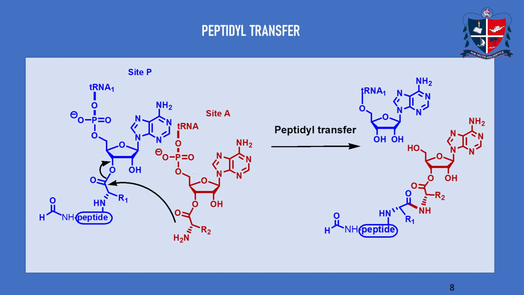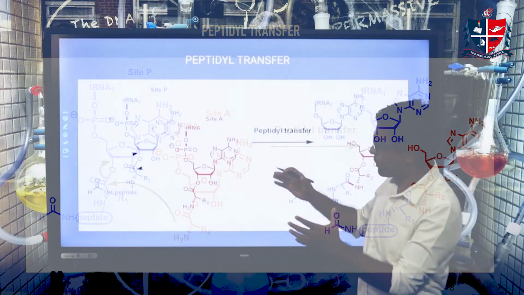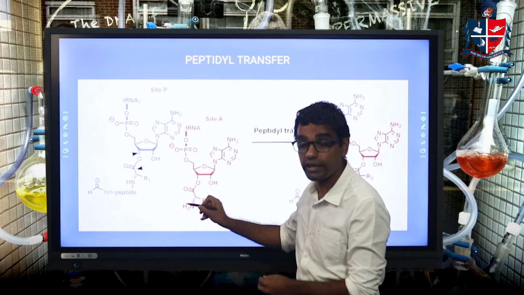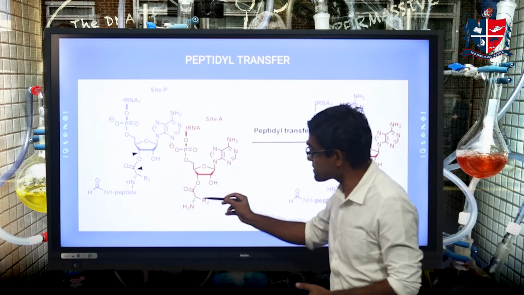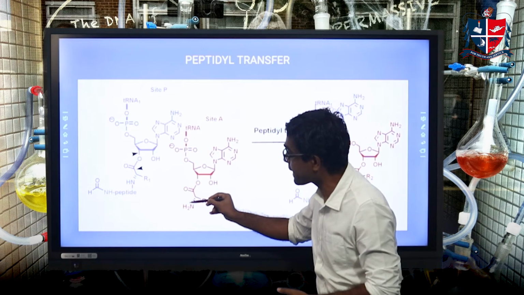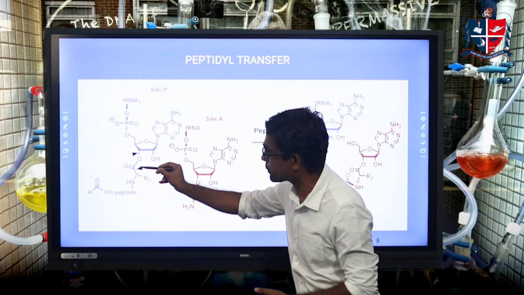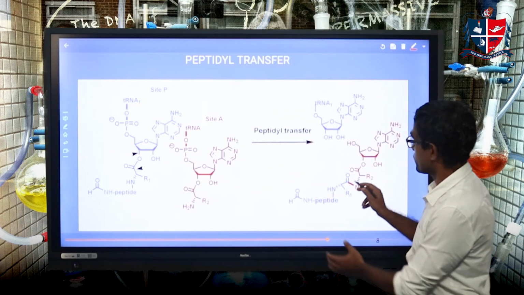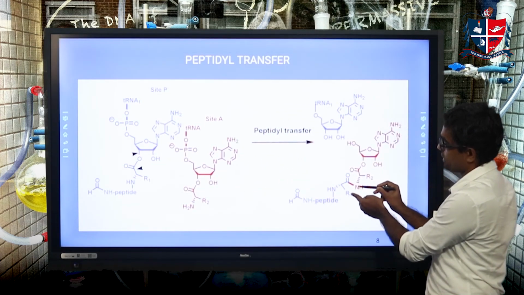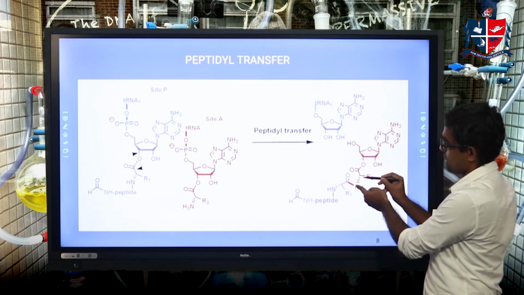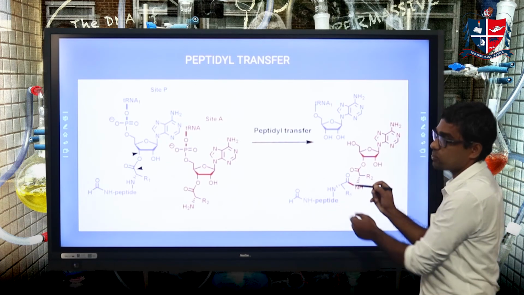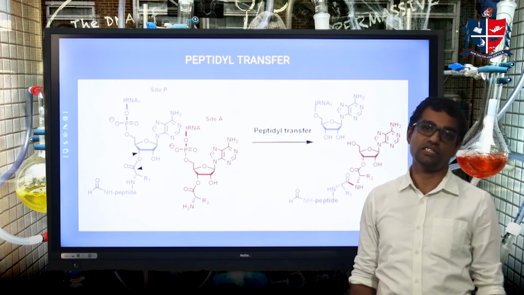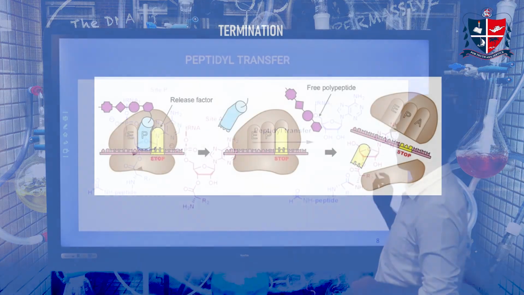So this is the chemical structure showing the peptidyl transfer reaction. This is the amino group of the aminoacyl tRNA. This amino group, the lone pair of nitrogen, attacks this carbonyl carbon so that this bond goes to here. Here the new peptide bond is formed. This amino acid is incorporated into this peptide. So this is the chemistry of the peptidyl transfer reaction occurring in the ribosome.